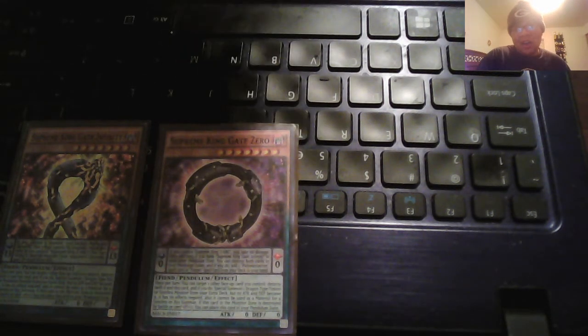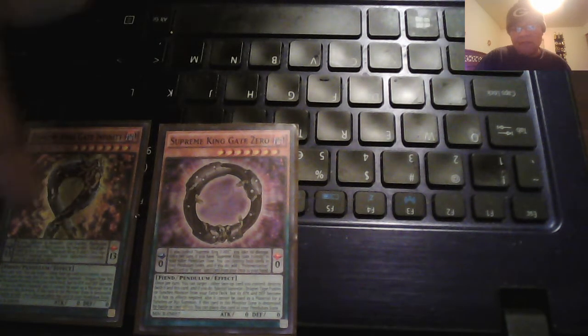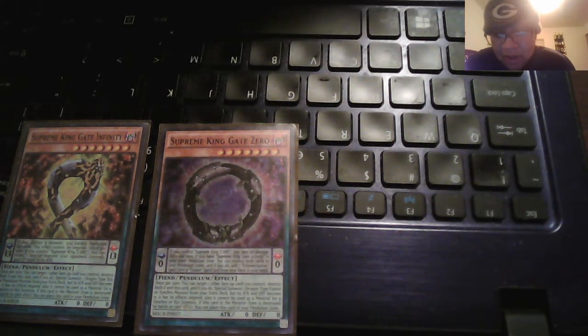So the Donut does Fusion and Synchro. The Infinity does XZ and Pendulum. You can only do one of each. So...